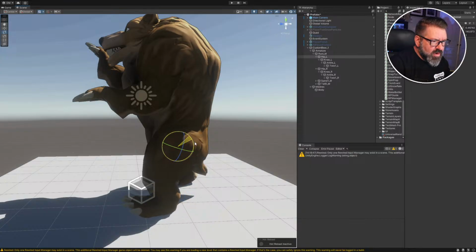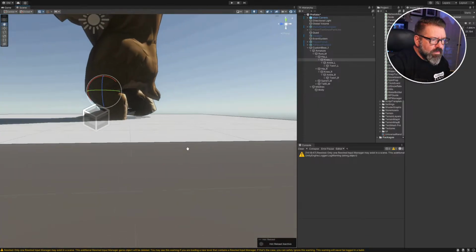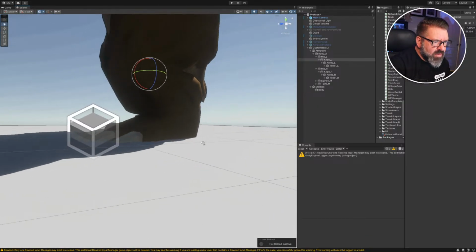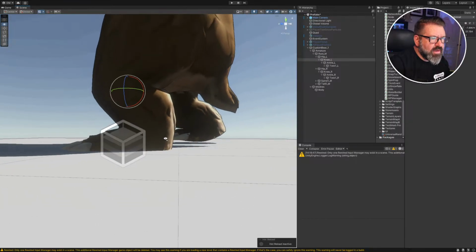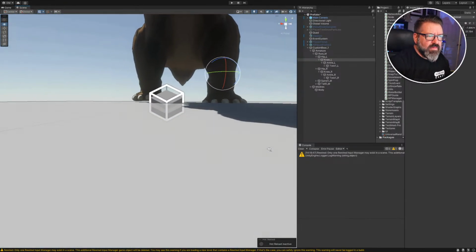Bring this forward. Then bring the knee down. Kind of right. Right? Yes, maybe. I mean,